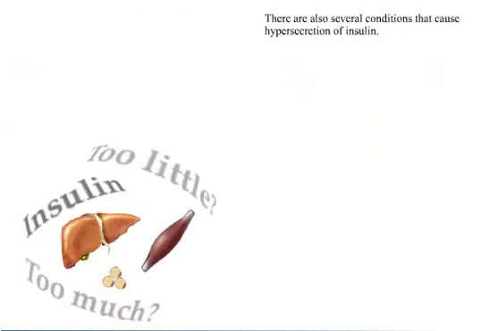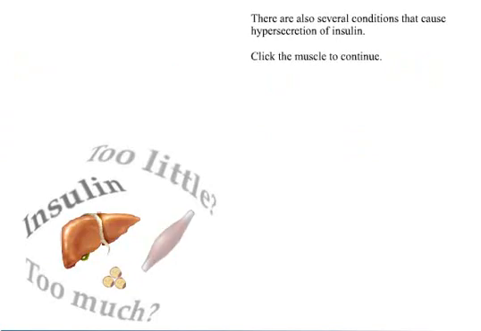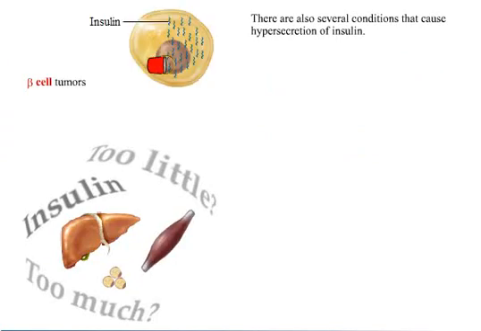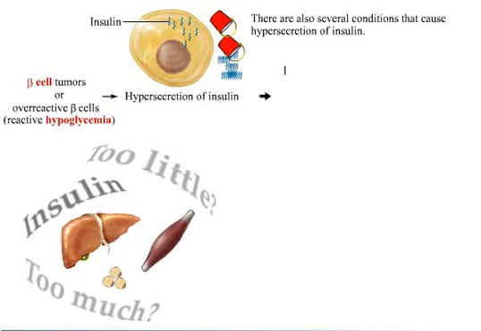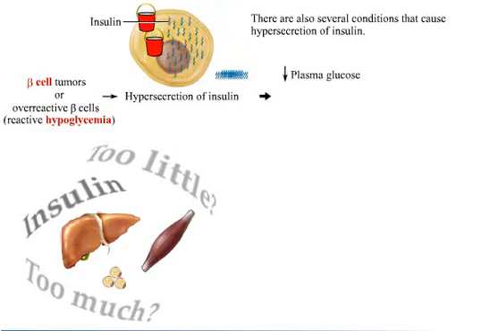There are also several conditions that cause hypersecretion of insulin. Click the muscle to continue. Pancreatic beta cell tumors, or the overreaction of beta cells to glucose, called reactive hypoglycemia, cause hypersecretion of insulin. Too much insulin causes excessive transport of plasma glucose into insulin-dependent target tissues, resulting in abnormally low levels of plasma